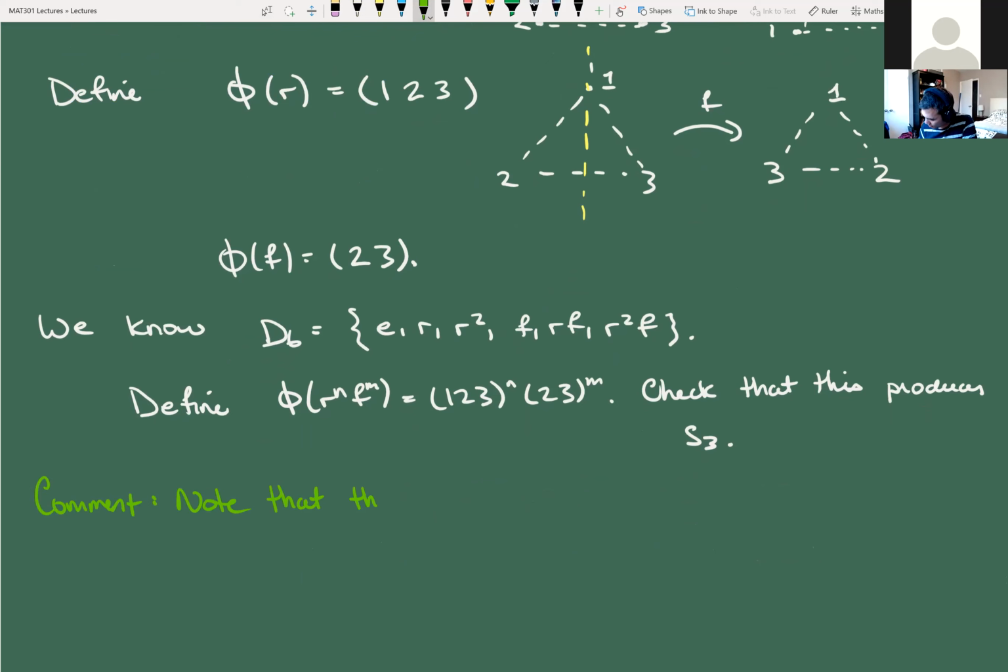Note that there is always an injective map phi from D_n to S_n, right? Because as I just said, every single possible symmetry of the regular n-gon is just a permutation